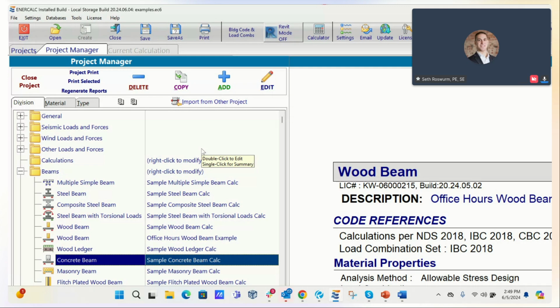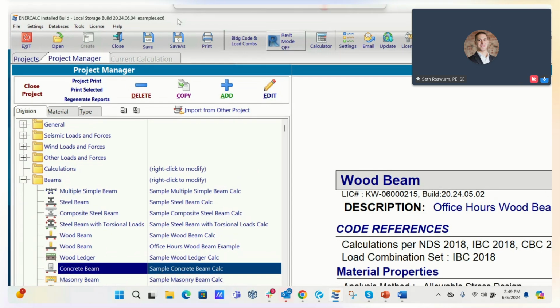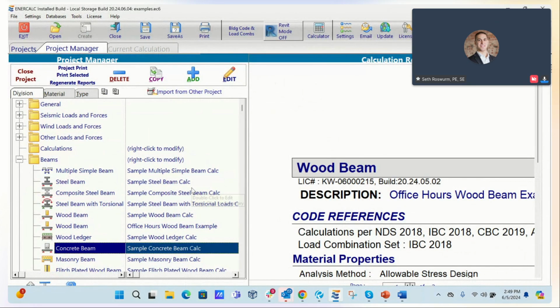Perfect. So kind of a follow-up question related to that further down. Are there plans to include biaxial bending into the beam module? And that kind of ties in directly to what I was mentioning earlier. If there are features or behaviors like that that are important to your team, we definitely encourage you guys to reach out to the engineering team, support@enercalc.com. That's how things climb the leaderboard to decide what gets priority. And so if those are things that are important to you, definitely reach out and let us know about that.